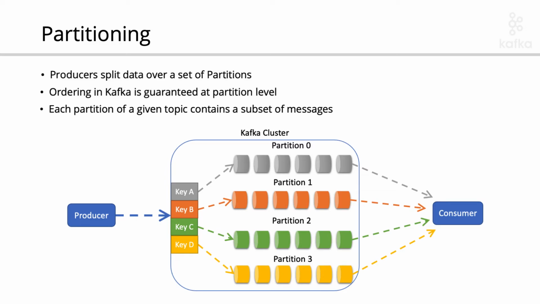When you create a topic, you have to specify the number of partitions of that topic. You have to specify also a few other parameters, like the replication factor, but we'll see that in the next videos. The number of partitions identifies the maximum parallelism we can achieve with that topic, and the keys can be used for partitioning your data.